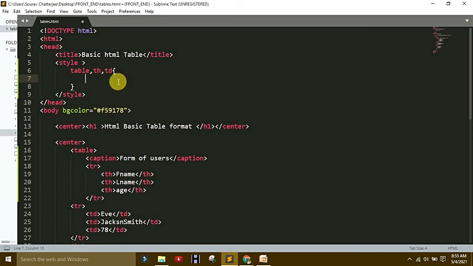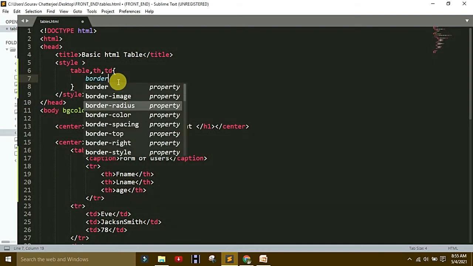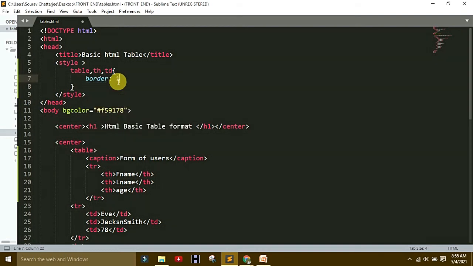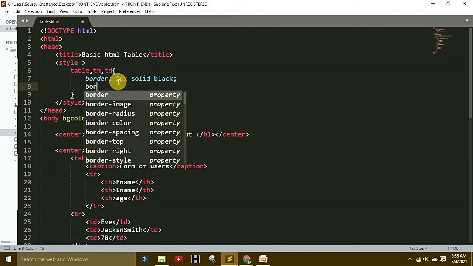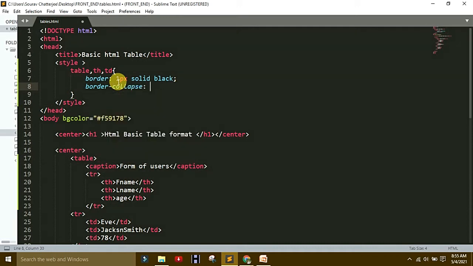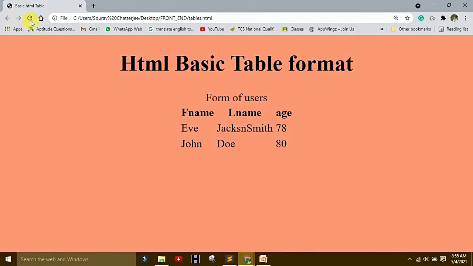Okay, under table data you write border 1 pixel solid black, then again border collapse in the sense use some space, or border spacing you can also use, no problem. Collapse, that is, only write collapse. Okay, then save it and again refresh it.